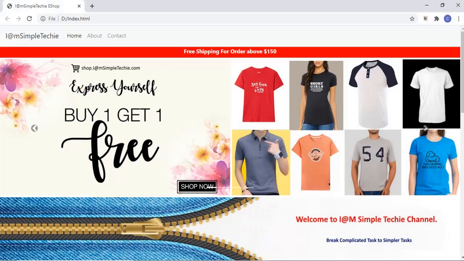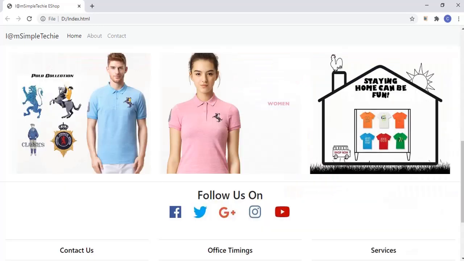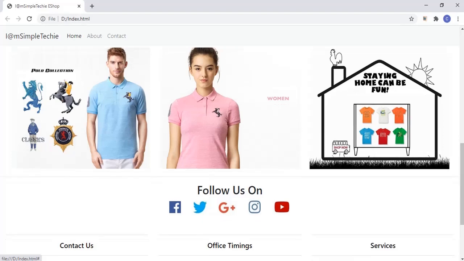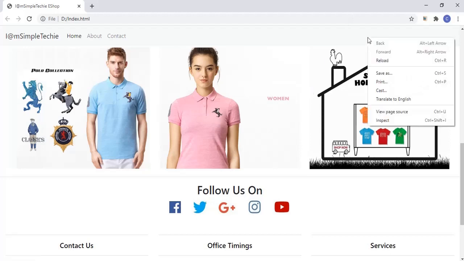This is our final output page, which is built on .NET Framework MVC with Bootstrap. This page is made up of Bootstrap rows and we have completed creating up to double column rows. Today we are going to create the remaining rows in this video. I will complete the remaining rows and match our output with the final output. We will see the browser source for the triple column row from the final output source.